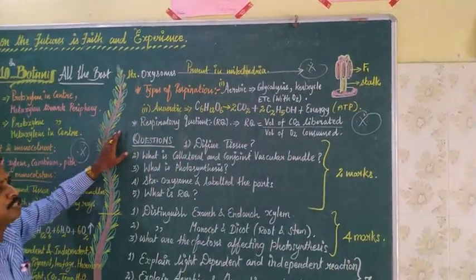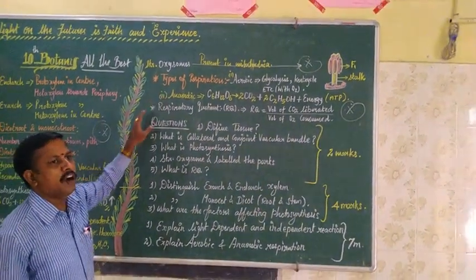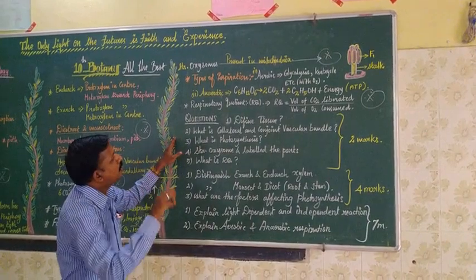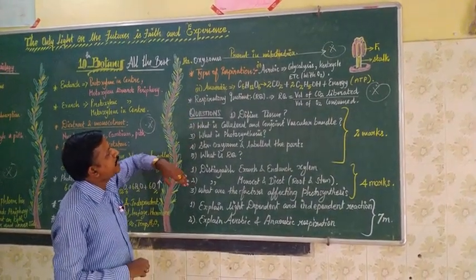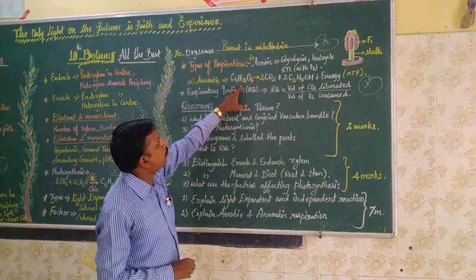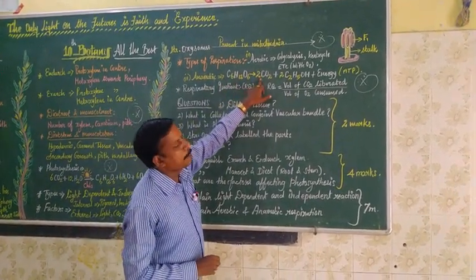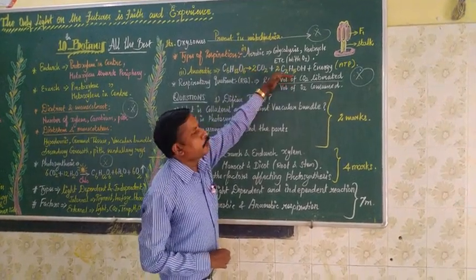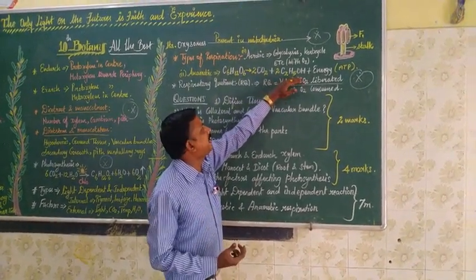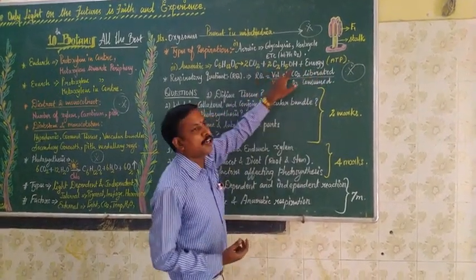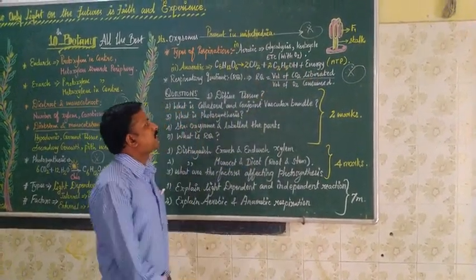Next, anaerobic respiration is respiration without oxygen. It occurs in lower organisms, for example yeast fermentation. Yeast is one example of anaerobic respiration. The yeast content has starch or sugar molecules, which break down and liberate carbon dioxide. What products can we get? We get ethyl alcohol and energy. So this is one type of anaerobic respiration.